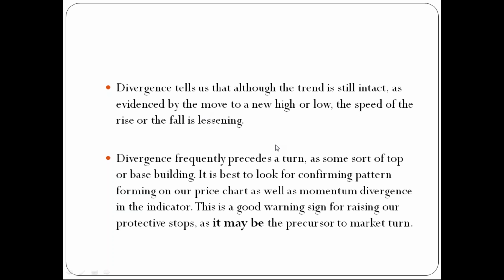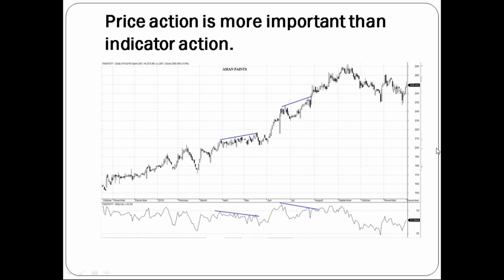So we have to always refer to our price action. Now see, in this example, as I mentioned, the price action is more important than the indicator. From the very first slide, I have been putting emphasis on this only, that the indicator is not the driving force that drives the price. See, Asian Paints has made a higher high in this slide, and the RSI made a lower high. That means in the bull trend, the RSI made a divergence, but the market does not pay heed to this divergence and moves higher.